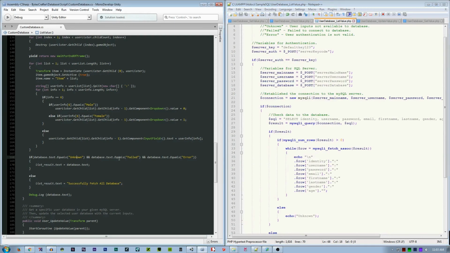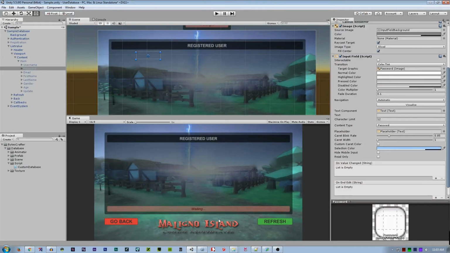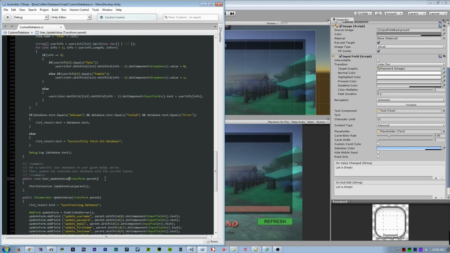So unknown, failed, error, display it here at the debug window. I made a simple debug window. Display it if it's unknown, failed, or error. Else, if it's not equal to unknown, failed, error, it should be a successful fetching of data. So debug.log error, I made a simple debug.log error to the inspector, and that's how it works.